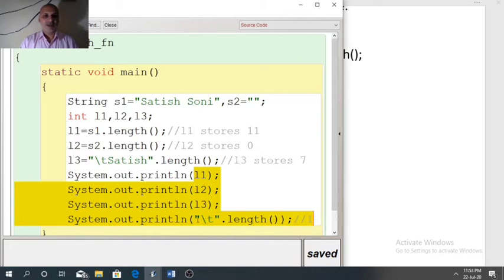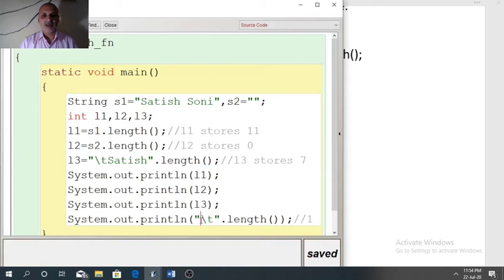Last one you can see in double quotes slash t dot length. I had told you slash t is an escape sequence character, so it will be counted as one character. That is why last one will print 1. Now see the result. So our answer should be 11, 0, 7 and 1.